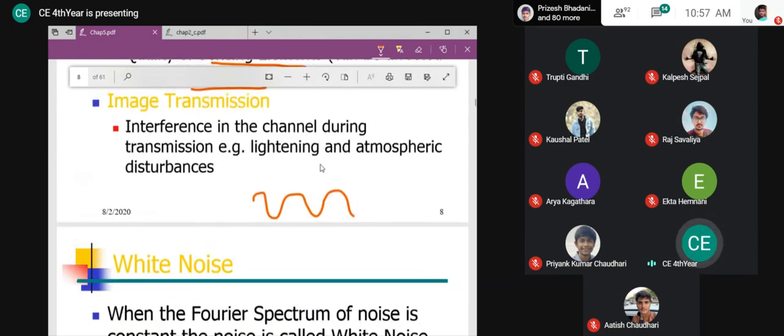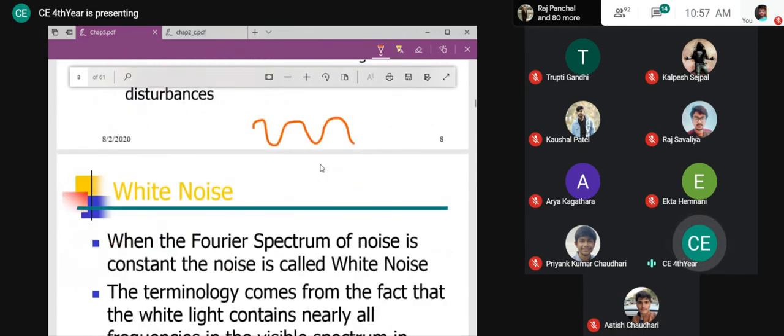Now, you know that two signals will interfere with each other, or noise will get added to your original signal, if they are working on the same frequency. Suppose my original signal is at low frequency and noise of high frequency is added, it is not going to harm my original signal. Suppose my original signal is high frequency and low frequency noise is added, then it is not going to harm my signal. Why is it the case?